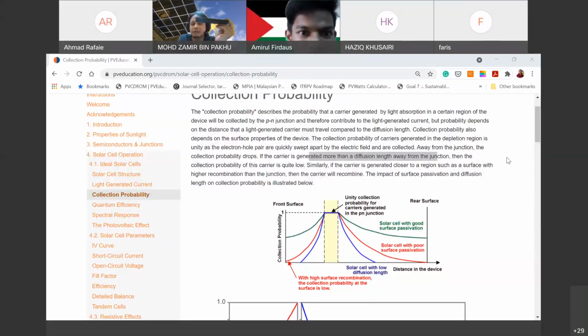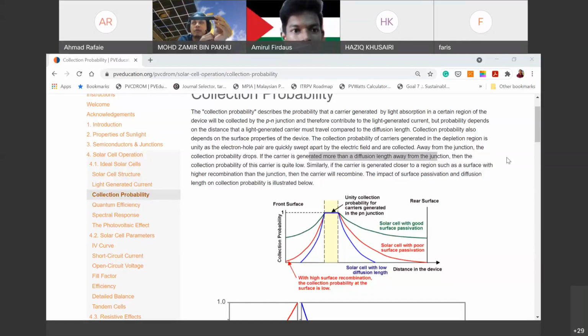Remember the g(x) function yesterday? Well, the function exponentially decays. Cumanya, even though it decays at the back into the depth of the silicon, you still gonna get some flux at the back, isn't it? Unless flux sudah habis sampai ke belakang,